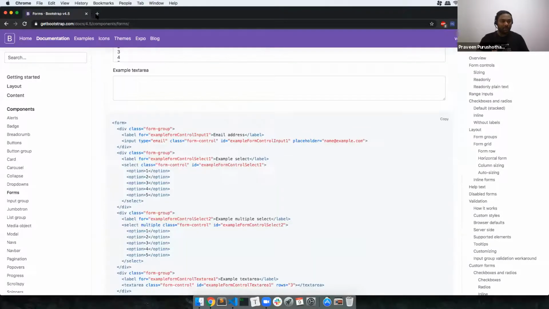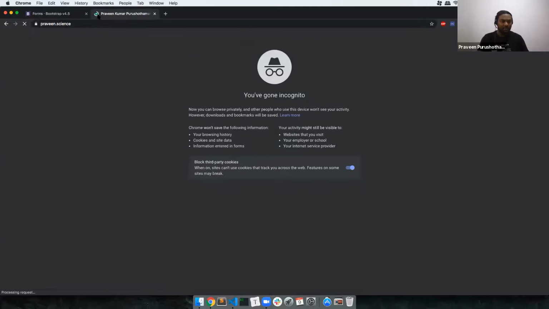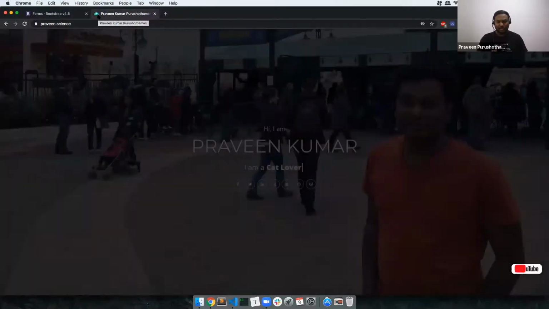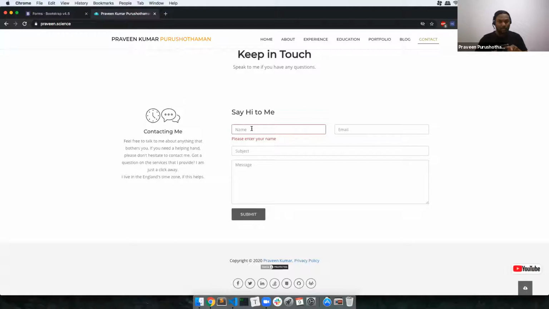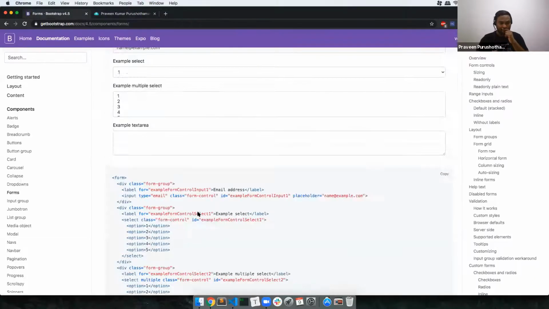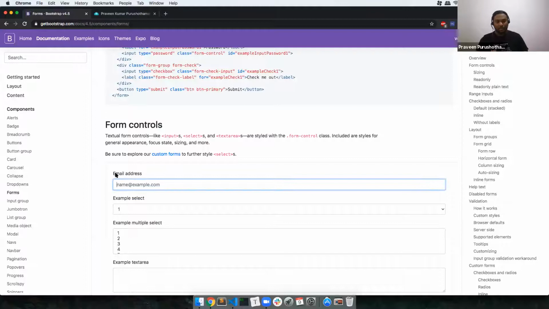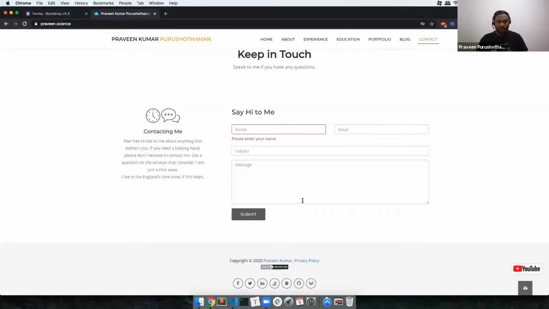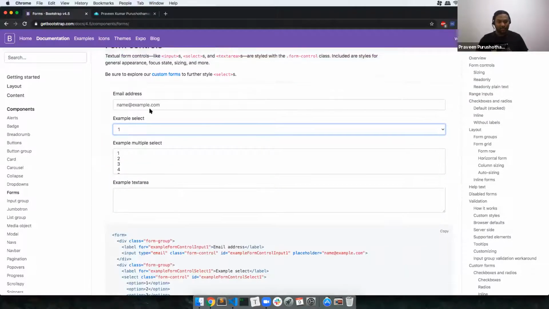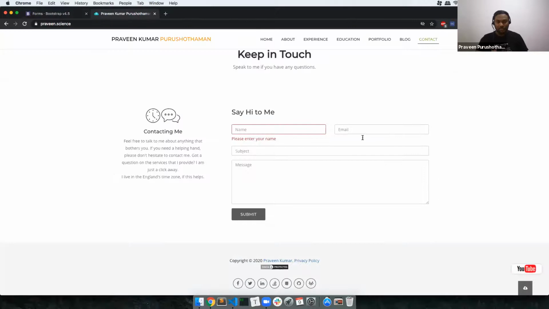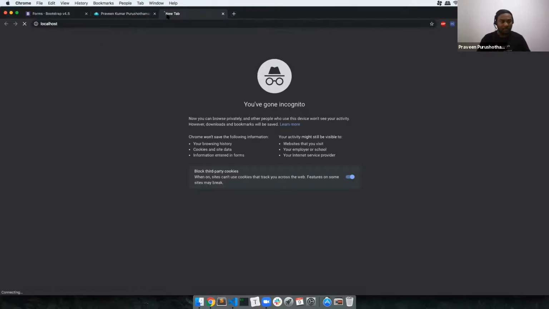Generally, on my website I've got 4 form fields, 1, 2, 3, 4, like this. It is similar to this, only I don't have this label. Otherwise it is the same thing. I'm not using select, only these things. If we want to do exactly like this, shall we quickly implement this contact form here? I guess that would be the best thing to do.